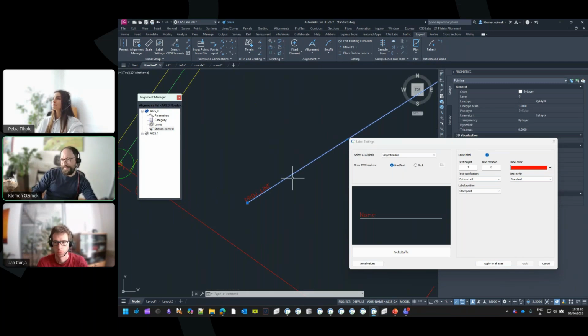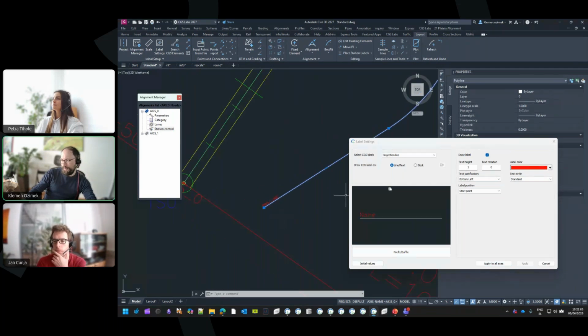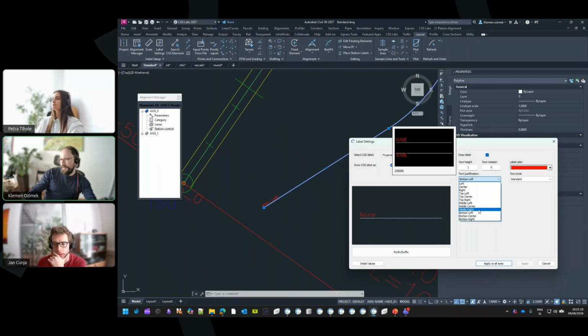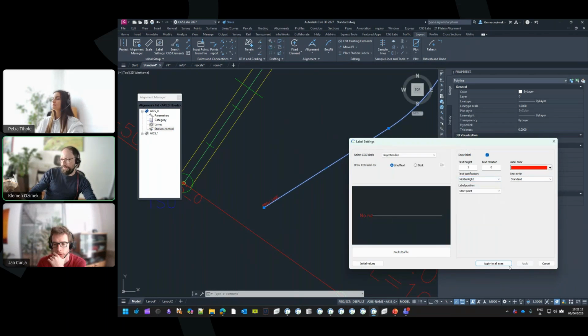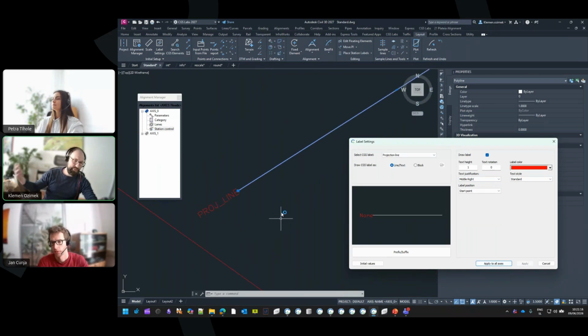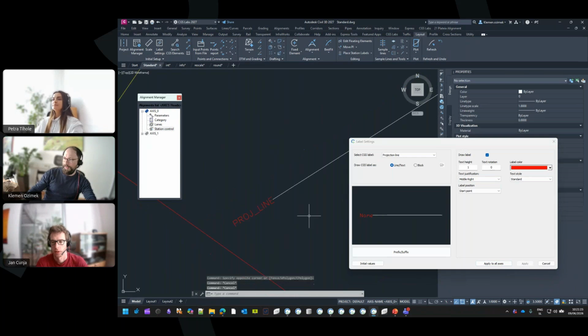So that's why we only have these options active. And for example, if we want to have middle right, for example, here, we can click apply to all axes, which means that all the labels for the projection lines will be applied with these new parameters. So yeah,